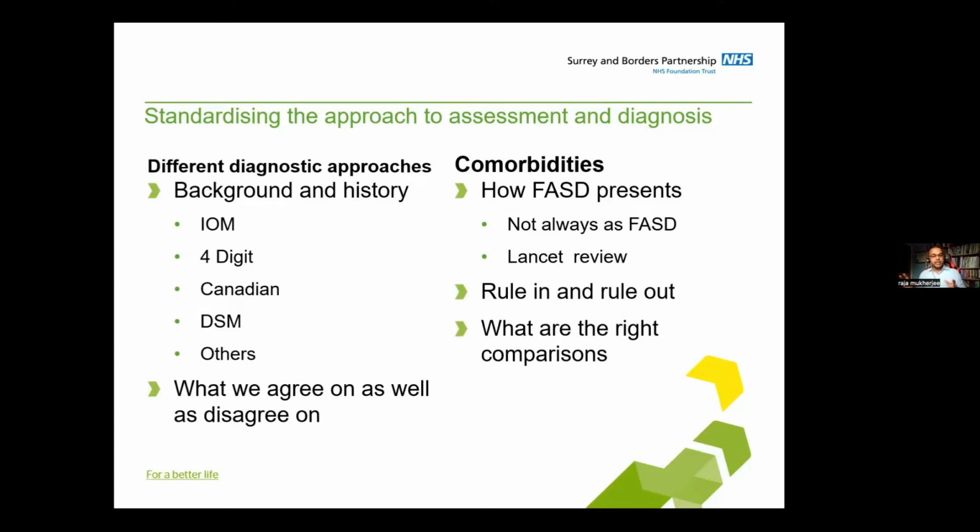Now, the other thing is, well, okay, if you all agree, why don't we see it more often? And that's because it presents in such a broad way. In the Lancet paper that I was part of, we talk about 428 different comorbid conditions. It's because they are so variable, but also it's a condition which is etiological. We have to rule things in and rule things out to get the right understanding, and therefore you need to compare it to the right things. And the chapters start to go into that.